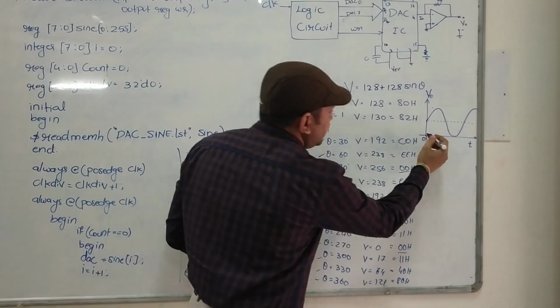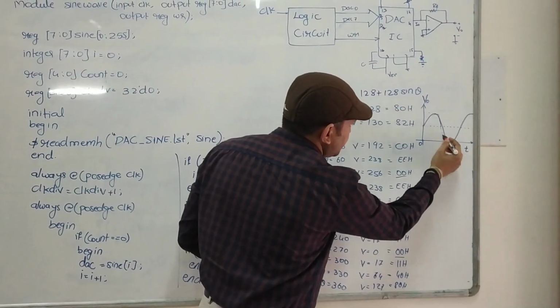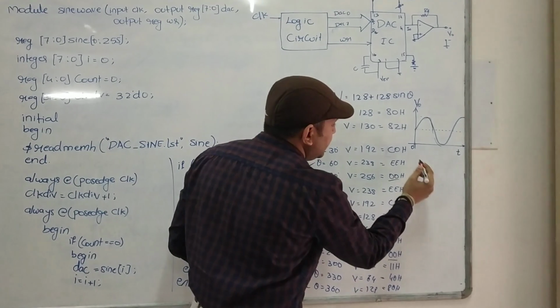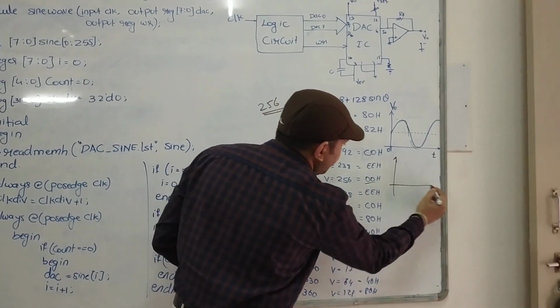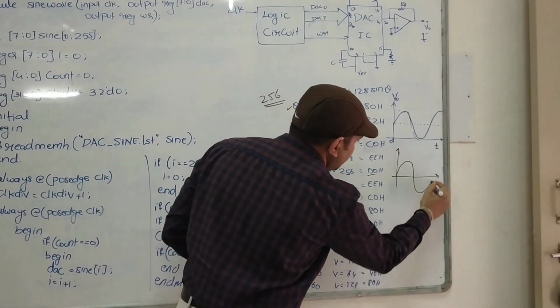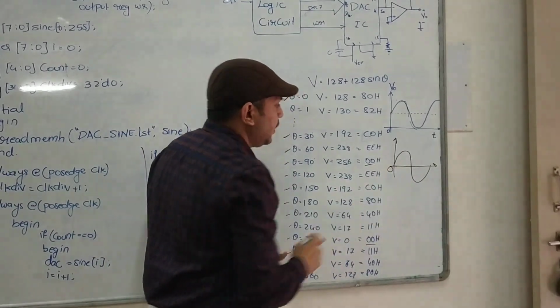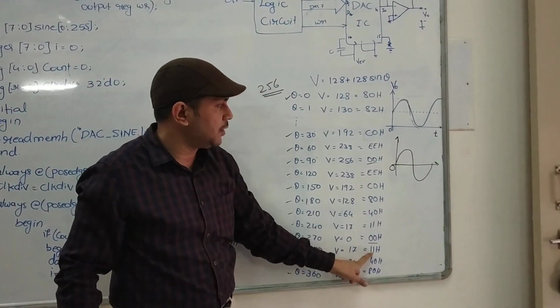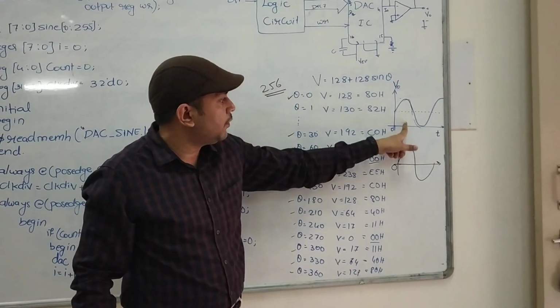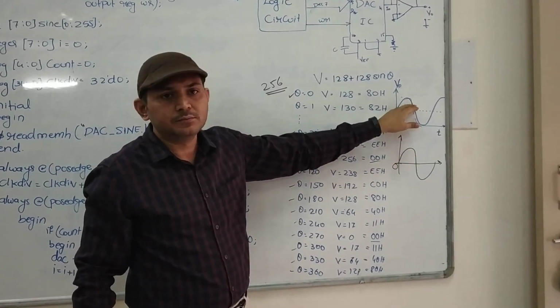It means it starts from somewhere here and goes to 0. This is the 0 value. We are not generating a sine wave with negative values. Remember, there are no negative values. All these hexadecimal values are positive, so the waveform generated is above the 0 line.